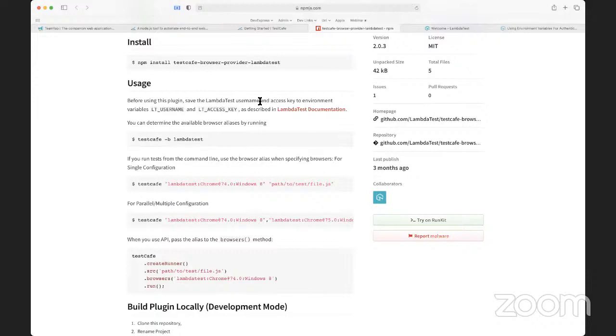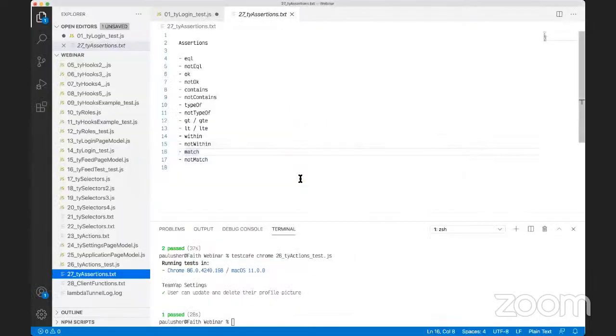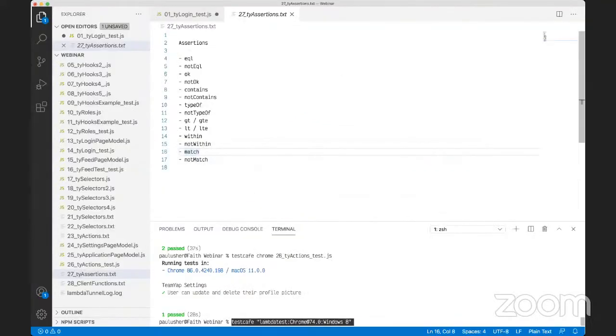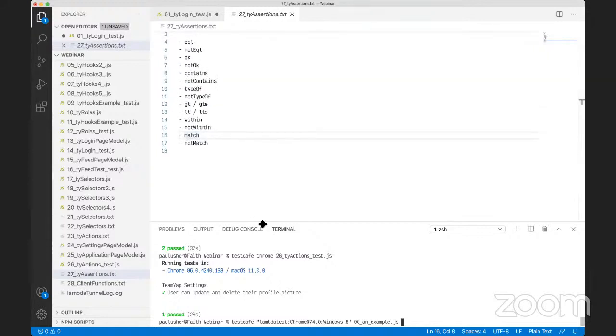But in essence, once I've installed the plugin, I can simply invoke TestCafe with whatever combination of the 2,000 plus combinations that are offered by LambdaTest for my browser version, my operating system, and then my file. Now, because I've already set up my LambdaTest plugin, I'm going to cheat and just copy this one and run it with one of my tests. So we're going to run on Chrome 74, Windows 8, and we would use just our example test. And realistically, that's all there is to